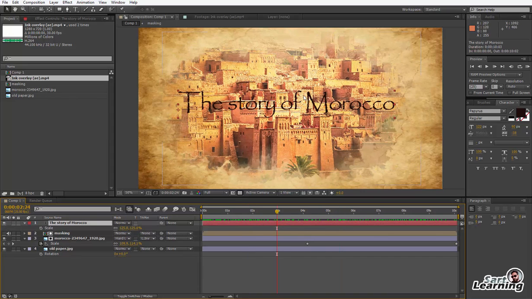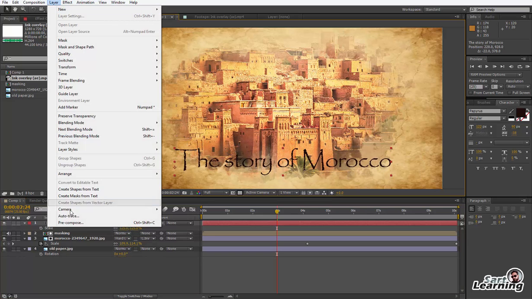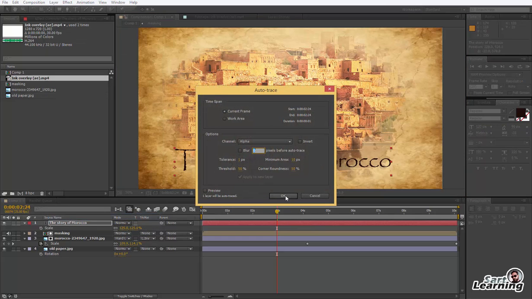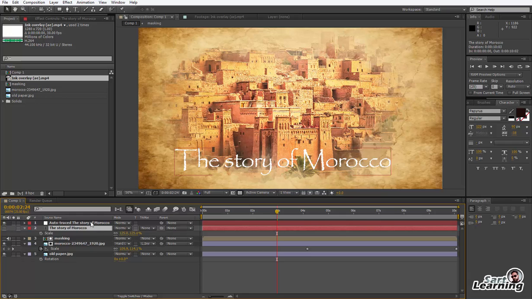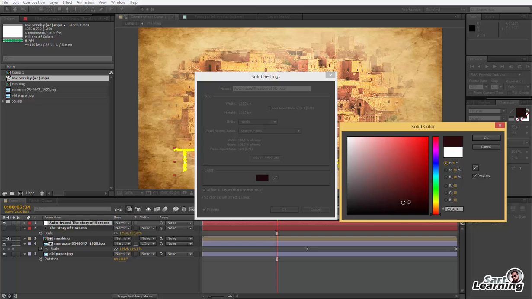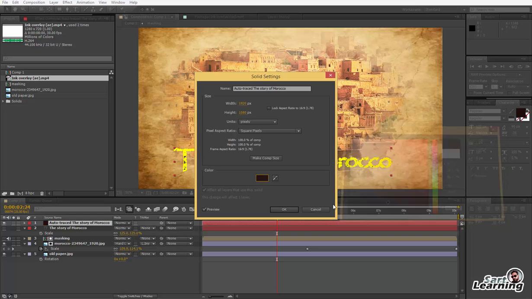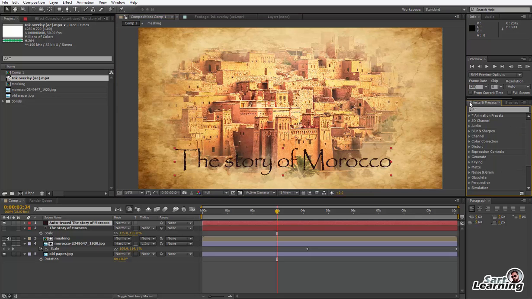Now time to animate the text part. For text part, I am going to trace this text with the layer auto trace with alpha channel and create mask by the text. So I just hide the text part, and this mask layer, it creates a solid layer. So I press Shift Ctrl Y and change the color of solid. In the whole mask I apply a stroke effect,